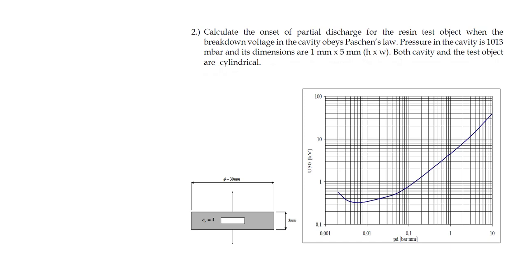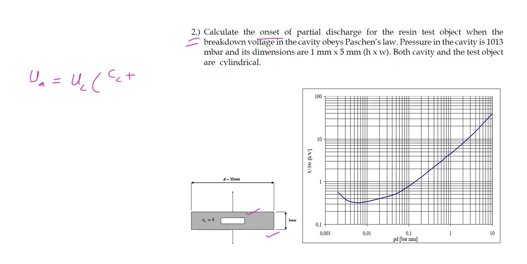Hello guys, this is a continuation of our previous solution. In the previous solution we solved problem number 2, in which we were given an insulator with a cavity, and we determined the onset of partial discharge for this cavity. We found that the relationship between the applied voltage UA and the voltage across the cavity UC was given as